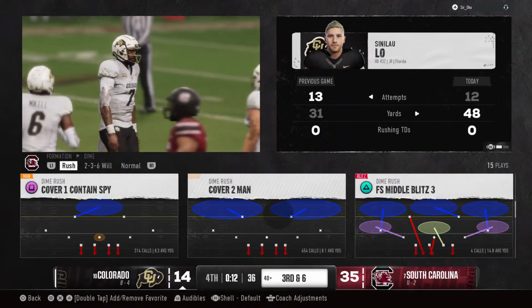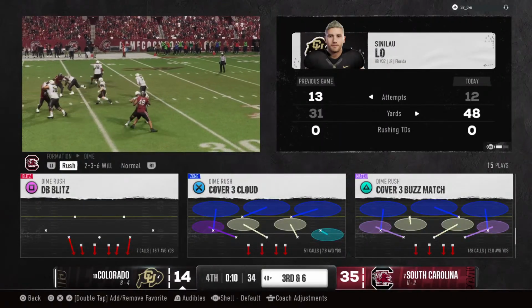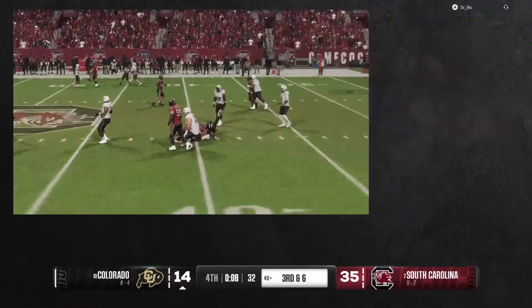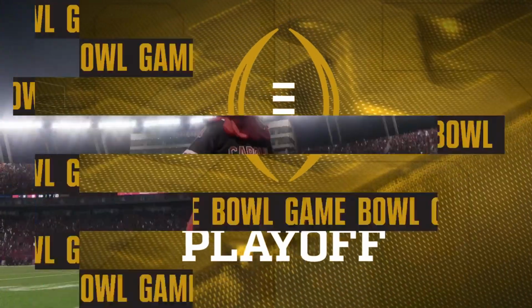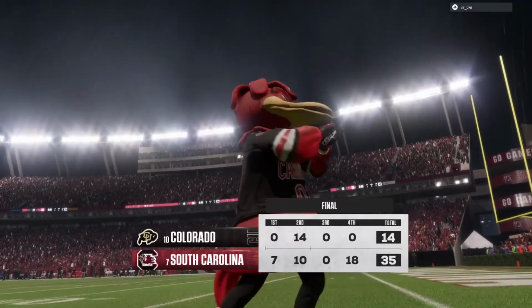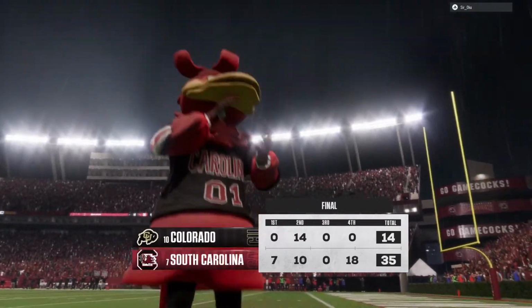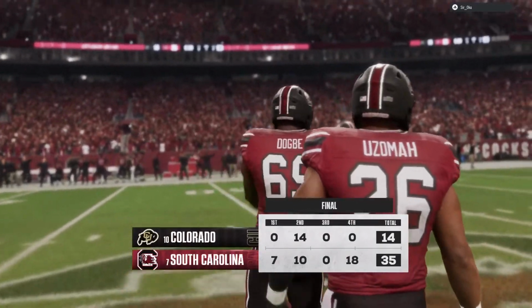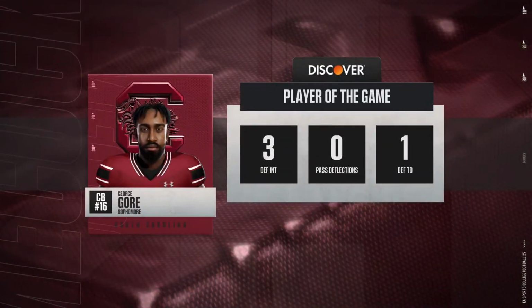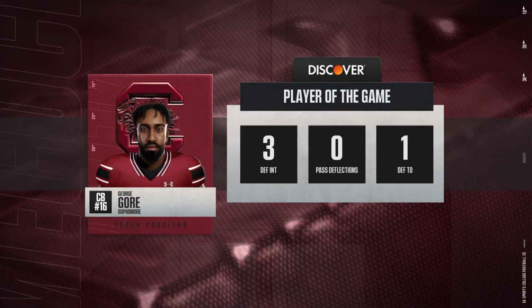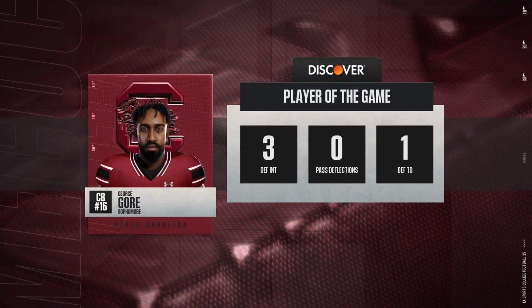Chris, as this clock winds down, it has been a rough day for this offense. Just unable to get anything going. You hope they're able to go back, look at the film, try to learn from the mistakes, and come out the next week looking much better than they did today. Of course, in the playoffs, it's survive and advance. This is a crucial W. Great performance, but now the stage gets even bigger. The challenges will continue going forward.